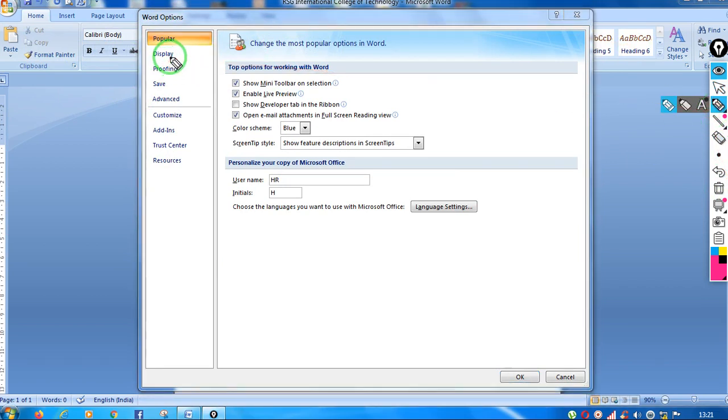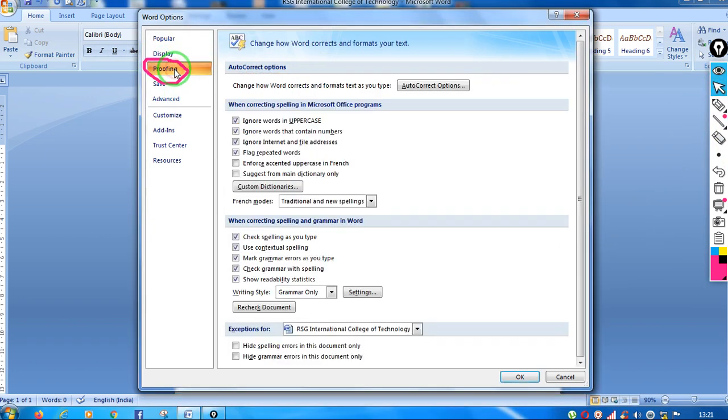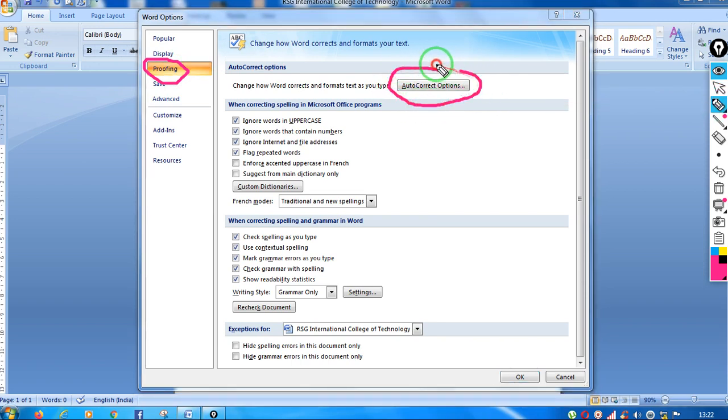Here you have to click on Proofing. When you click on Proofing, you will find the AutoCorrect Options button. Just click on this option. Is this clear to you?